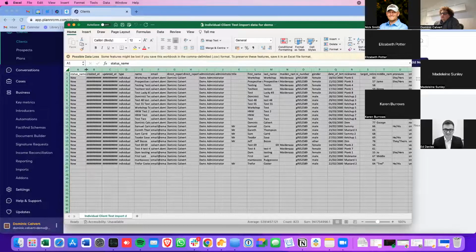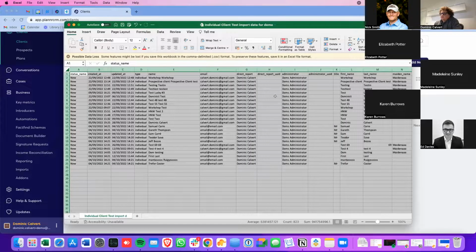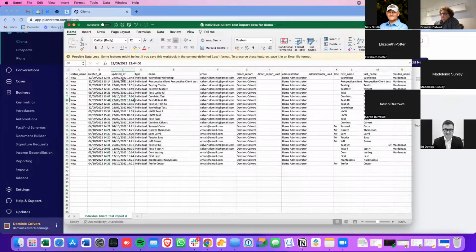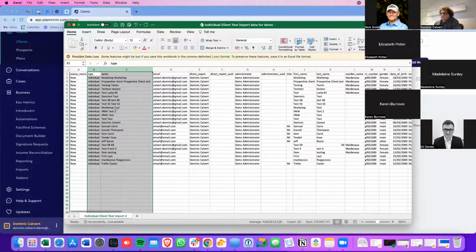most of this stuff is quite self-explanatory. You can ignore these two, because these will be generated when it comes into the system. So for things like this here, I've got a document that I've been preparing, which is almost ready. The guy's just fixing some things on field names and stuff, which I'll be sending out hopefully by the end of the day, if not by the end of tomorrow, which will give you a breakdown of each column heading,